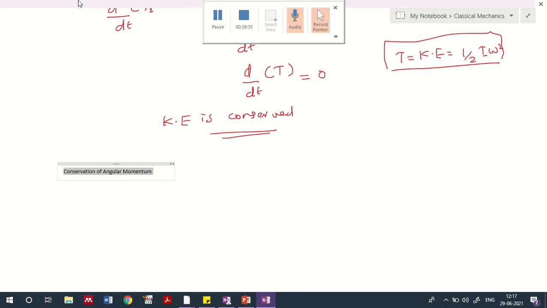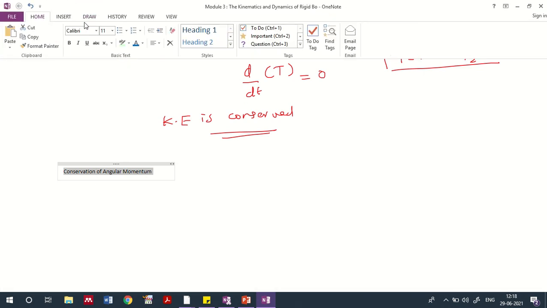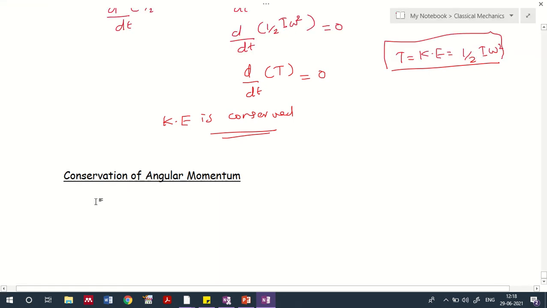How do we explain whether the angular momentum is conserved or not? For that we'll do one more exercise. Now we derived that the kinetic energy is conserved, so it is easy to say the conservation of angular momentum,